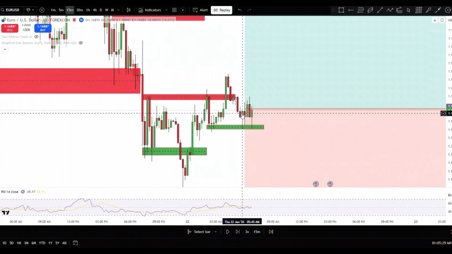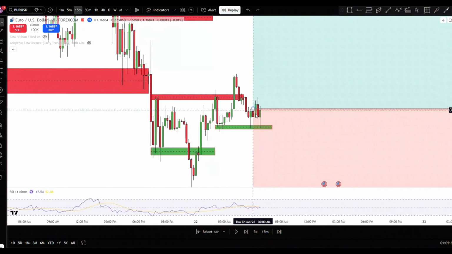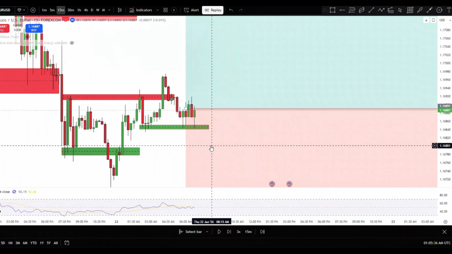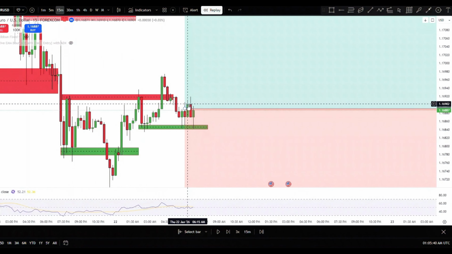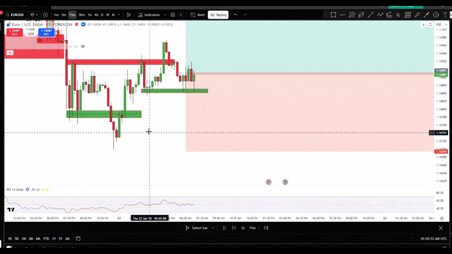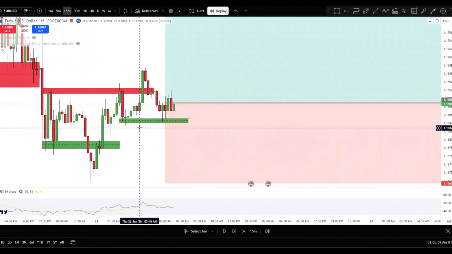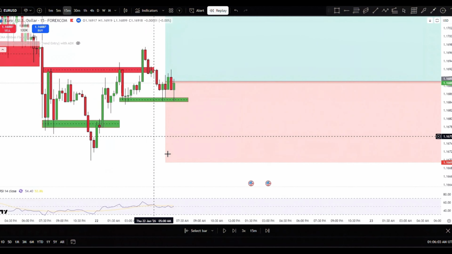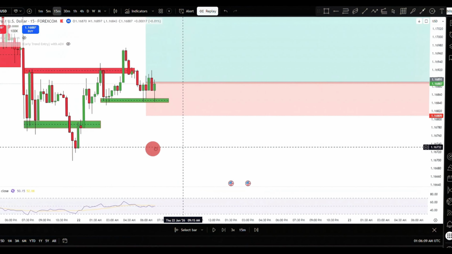We got a lower time frame. This is like a 1-minute time frame area of consolidation right here. But I took my entry off of this bullish engulfing candlestick pattern right here. And I put my stop below the most recent low, because I know if price should go below here, then the pullback will continue, and I want to be out of the trade if that happens. I could have even put my stop below this area right here. It depends on how much I risk.